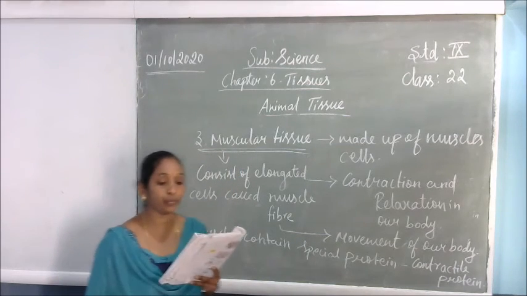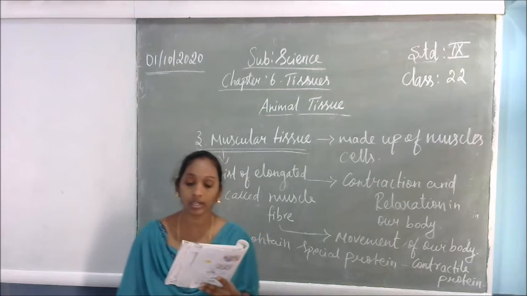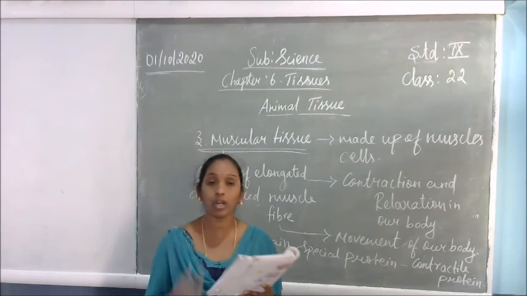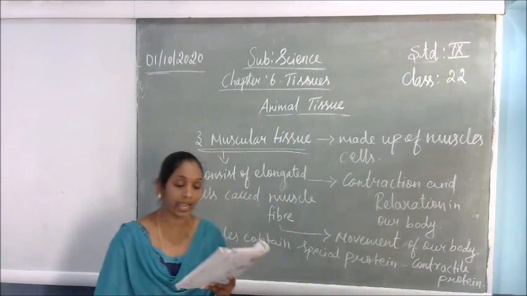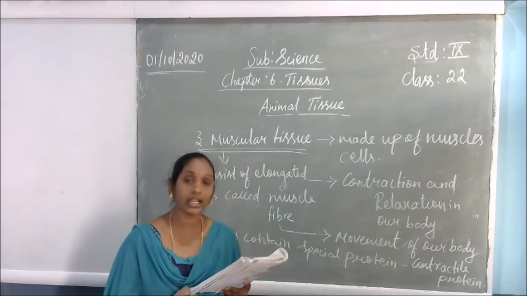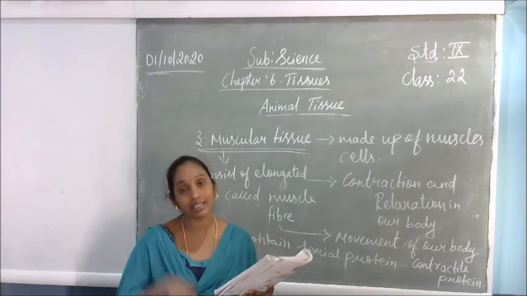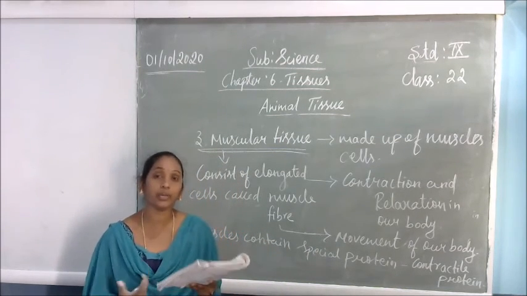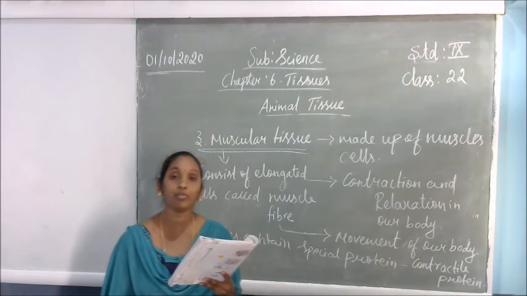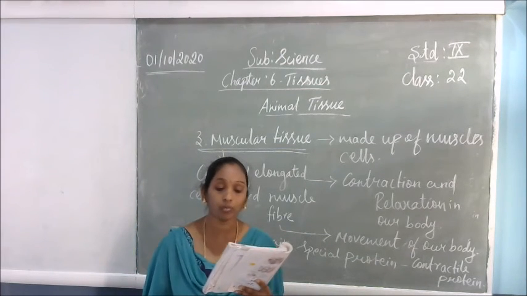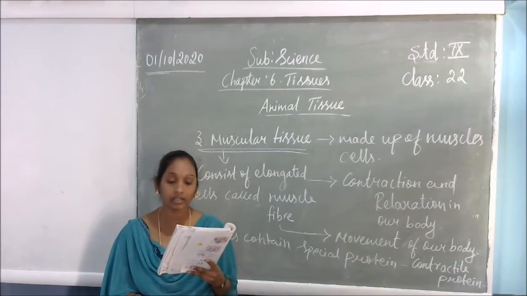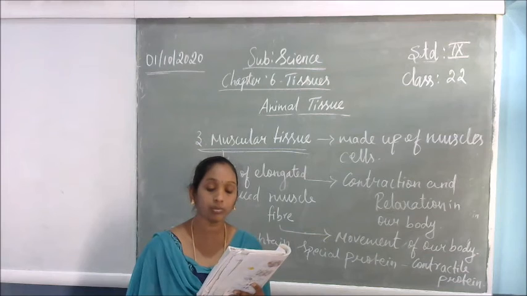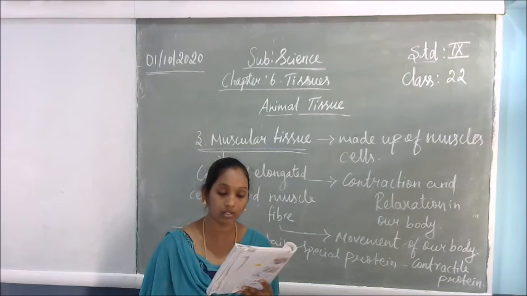The movement of food in the alimentary canal, or the contraction and relaxation of the blood vessels, are involuntary movements. When we take food, it goes through our alimentary canal, which contracts and relaxes, and the food goes easily into our stomach to be digested. This is not under our control. We cannot start or stop them simply by wanting to do so. Smooth muscles, or involuntary muscles, control such movements.